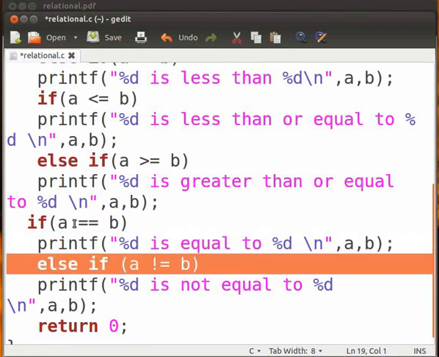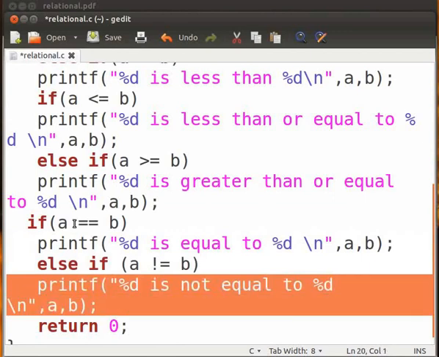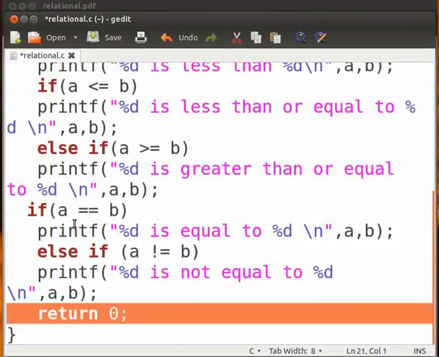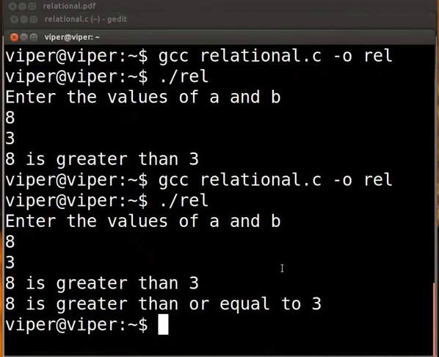Similarly, we have the not equal to operator. This operator returns true when the operands are not equal to one another. This printf statement will execute when A is not equal to B. Coming to the end of the program, return 0. Click on save, switch back to the terminal, compile and execute as before.